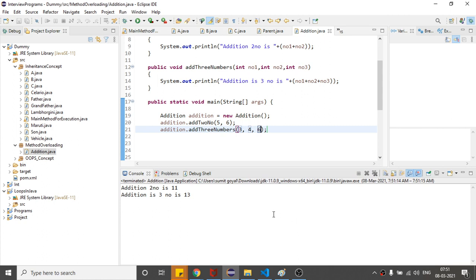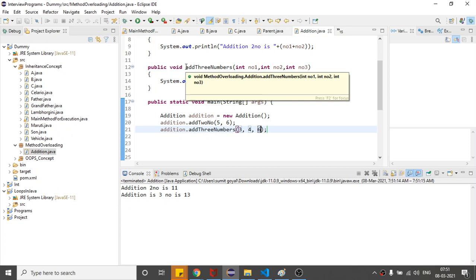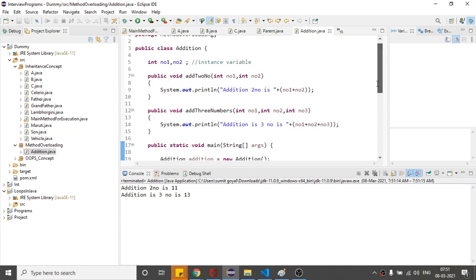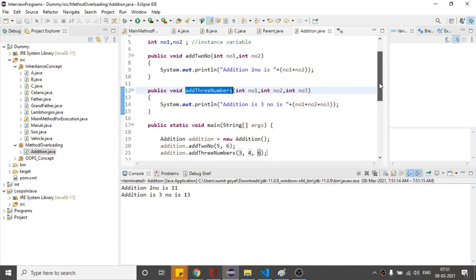So you see that we are just simply calling the method, but here there is one issue. If I need to write a function to add 4 numbers, I will again make the method with a different name, right? You cannot take the method with the same name as of now. My program readability is lost, because I need to create the method with a different name for performing the addition operation.